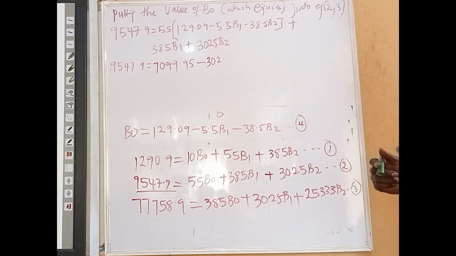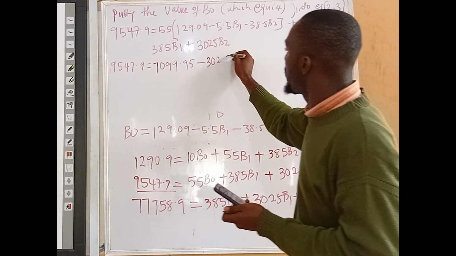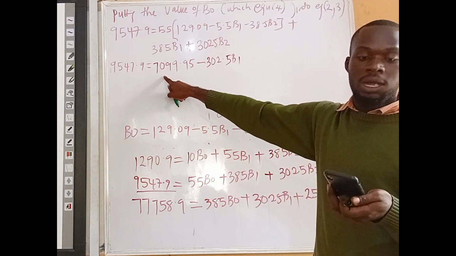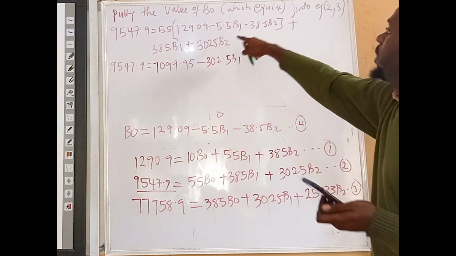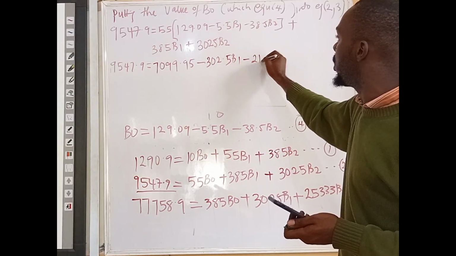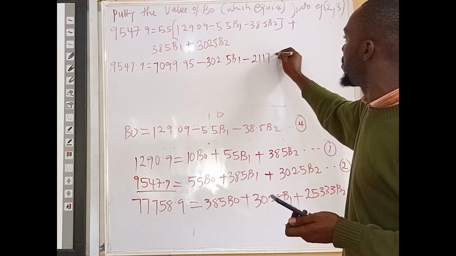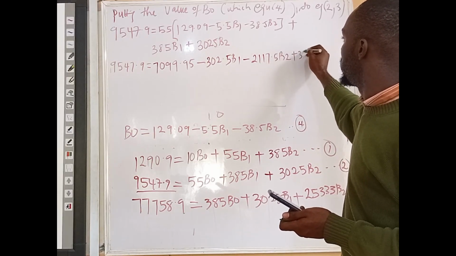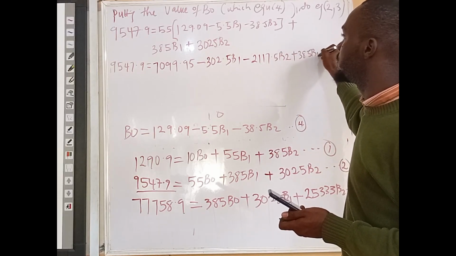It's correct, 302.5 is correct. Then this one is now minus 2117.5 B2 plus 385 B1 plus